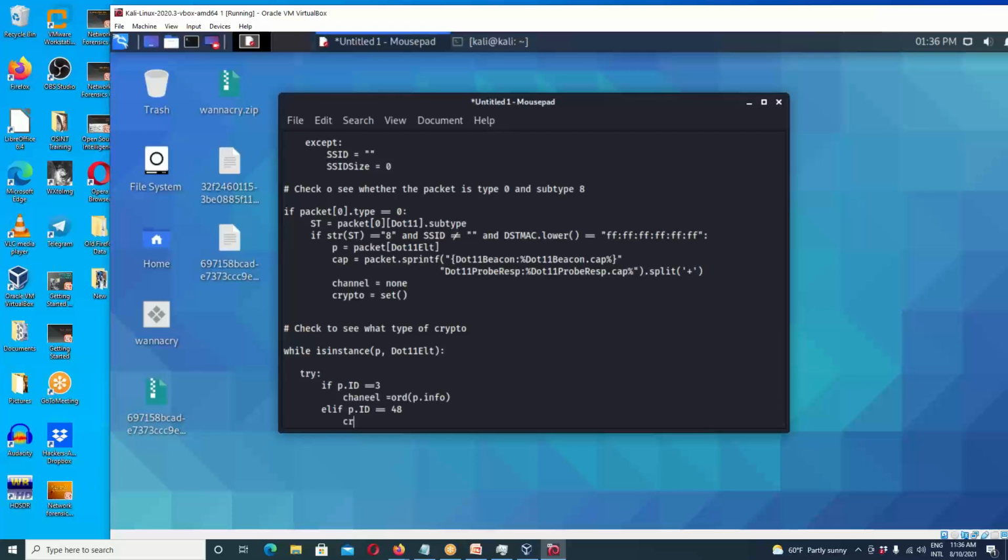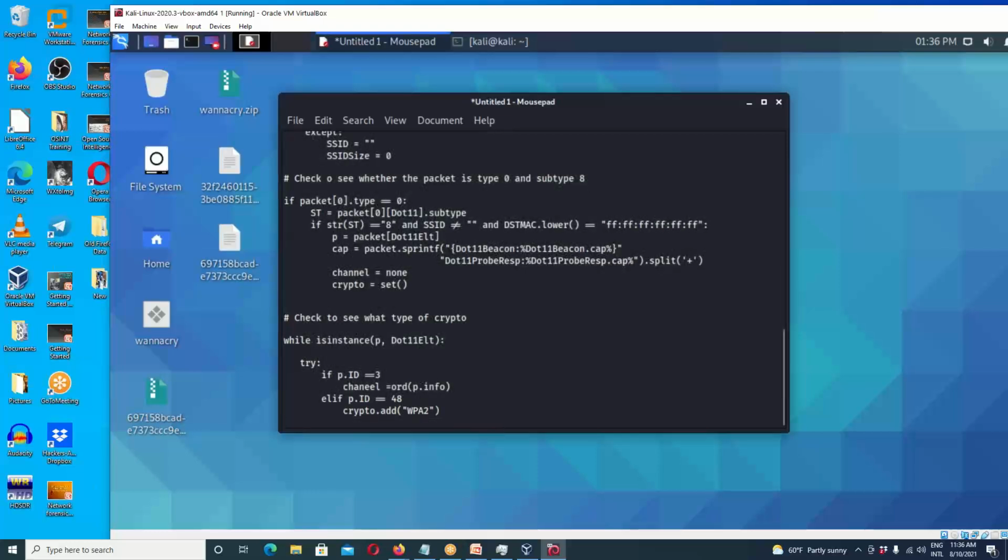Then the crypto add, we'll put in WPA2. Elif, it's not that either, PID is equal to 221,